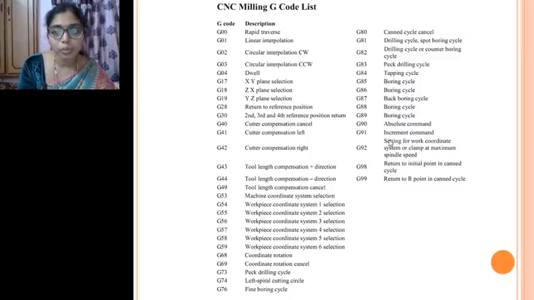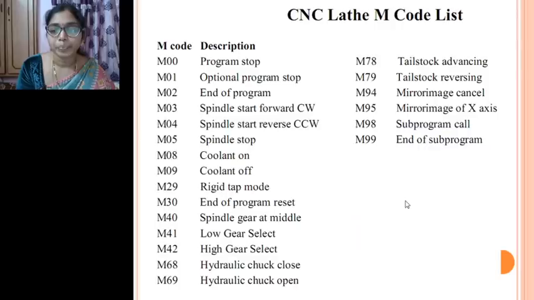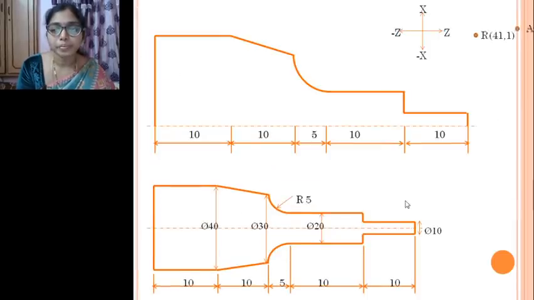So absolute mode command, whether you are using an absolute mode or incremental mode. For this present program, we are using absolute command, absolute mode. That's why we have to mention it as G90. Then after that,